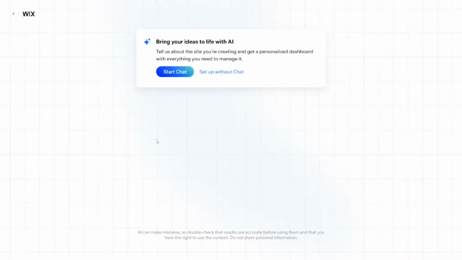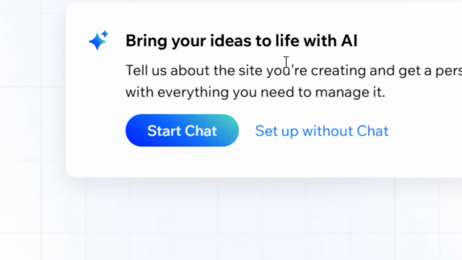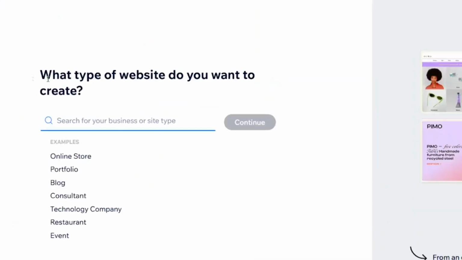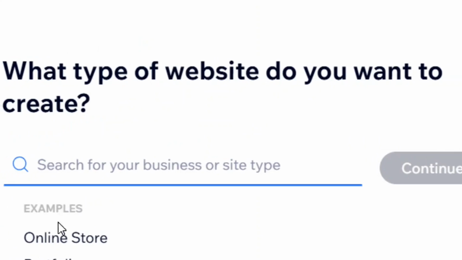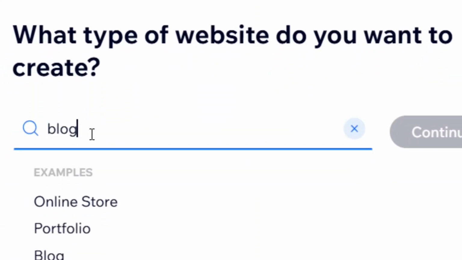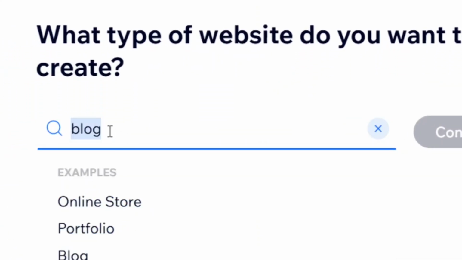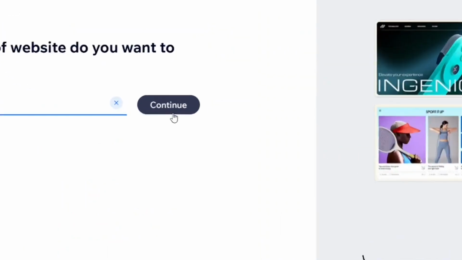Over here you have two options. You can chat with the AI or you can skip it. I'm simply going to skip it without chatting with the AI. And then over here they are going to ask you the purpose of the website. So it's for blogging. I'm going to write blog, select blog, and then click on